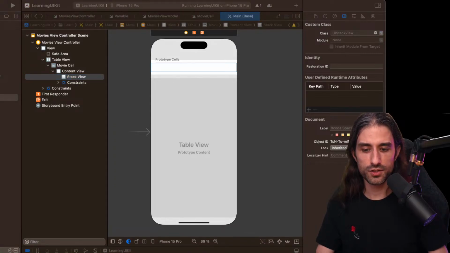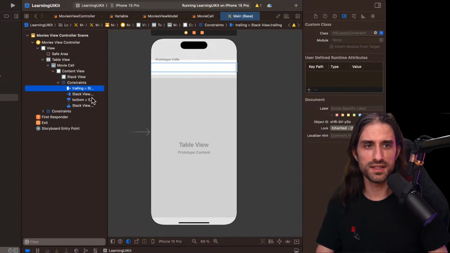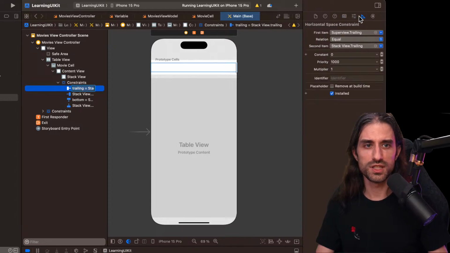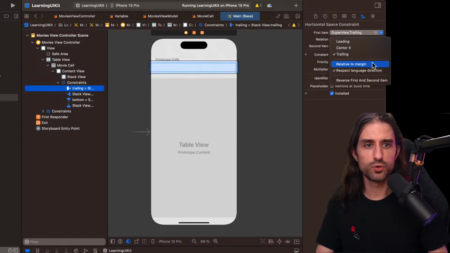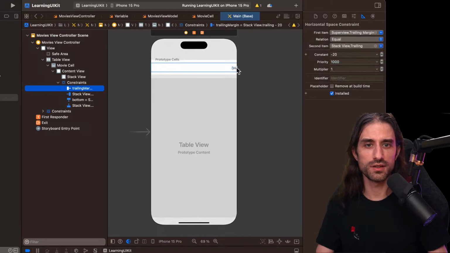Actually, for the leading and trailing, I don't want to go all the way to the edge of the screen. I want to have some margin, and I can define it in the constraint. If I pick the trailing constraint, for instance, I can choose superview and relative to margin. You can see that it added a bit of spacing at the end.